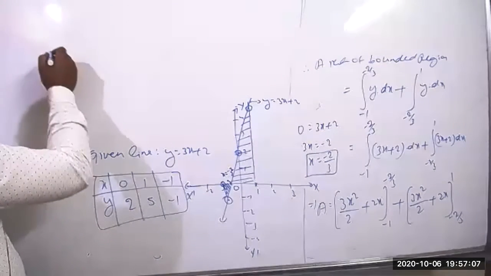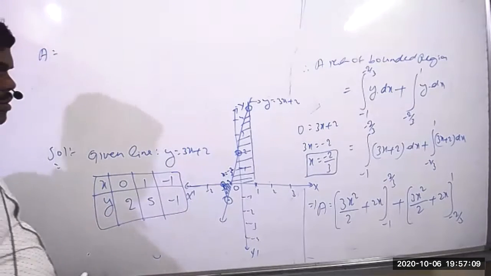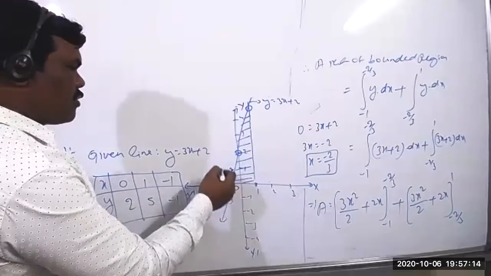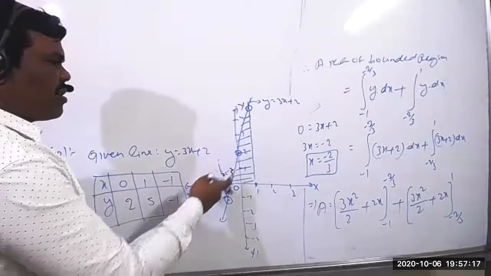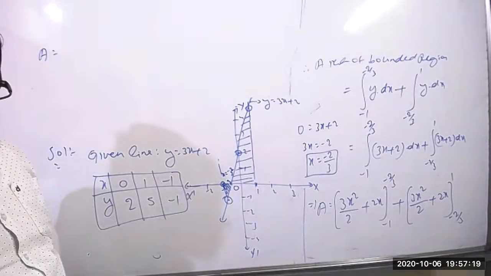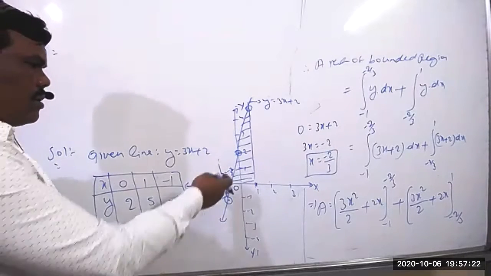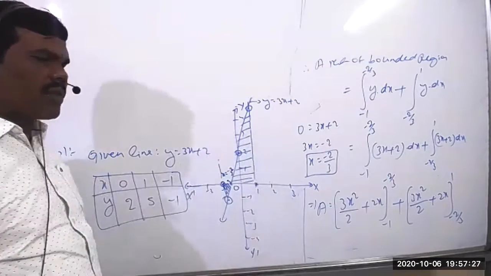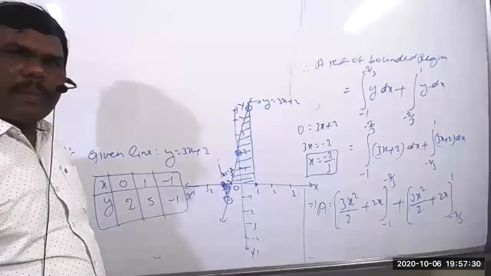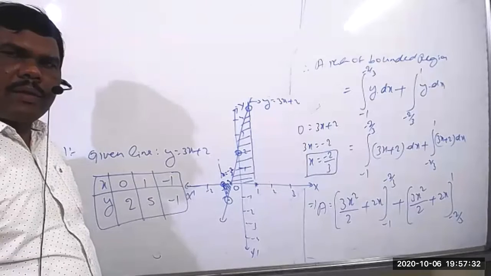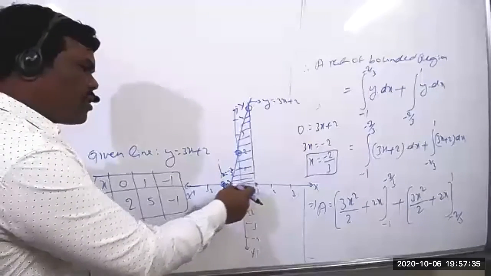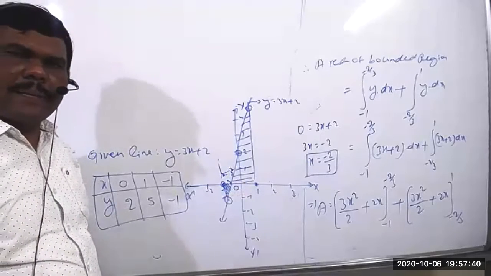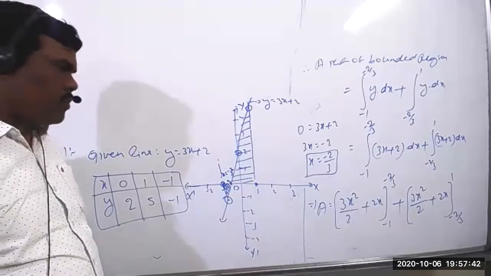Sir, substitute y here. Can't we take from minus 1 to plus 1, sir? Suppose you've taken minus 1 to plus 1. This is the minus 1, but this part is not required for us. Minus 1 to 1 means we'll get up to here, the entire thing, which is not required for us. Suppose we take the part down also, minus 1 to 1, but this area is also not required for us.